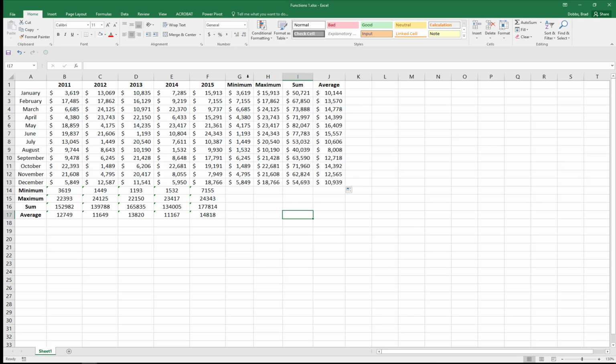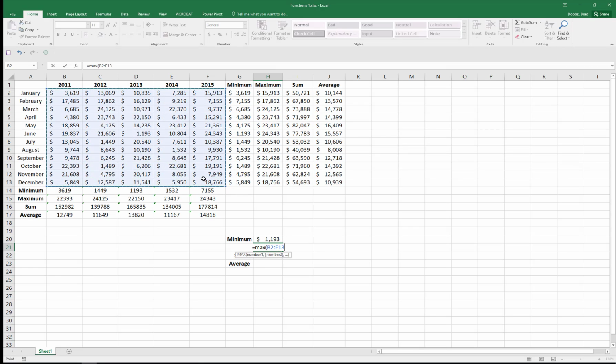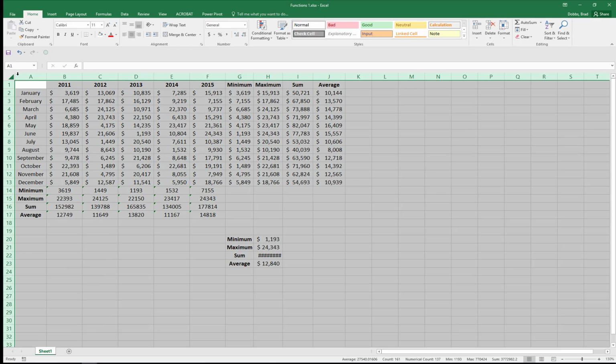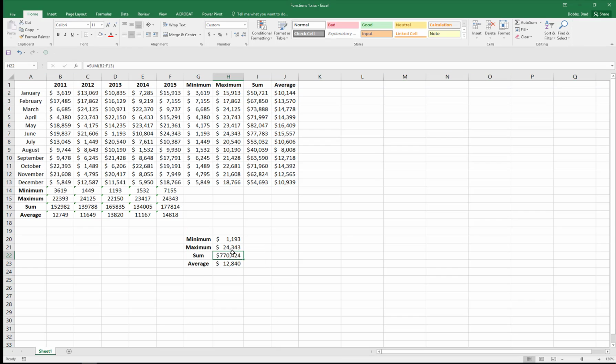Now if I wanted to do that for the entire table, I could say equals min, equals max, equals sum, equals average. All right, we can change this so that